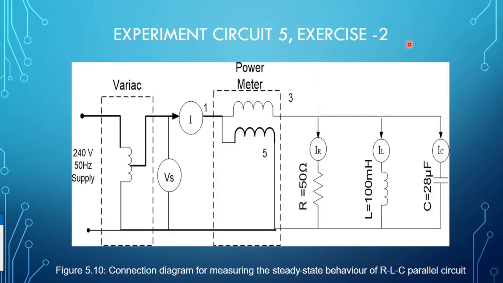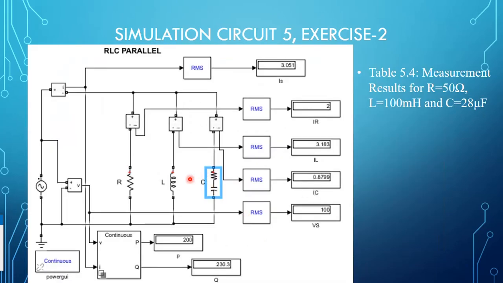In exercise 2, you need to arrange your RLC in parallel. The input is the same as exercise 1, and then the simulation model. This is the simulation model in Simulink. This is the input supply. You can key in the value of your input supply from 10 to 100 and make sure your frequency is 50 Hz. You need to put the voltmeter and ammeter, and the power meter here, and you can run your input supplies one by one.